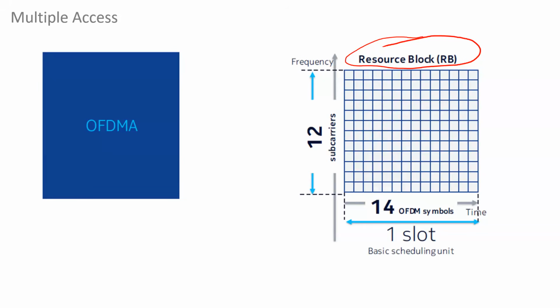So the PRB is the actual physical resource that is allocated to the user. A physical resource block is the smallest provisioning unit in case of LTE or 5G. So what is a PRB made up of? You can see here we have the frequency domain, and on the x-axis, we have the time domain.